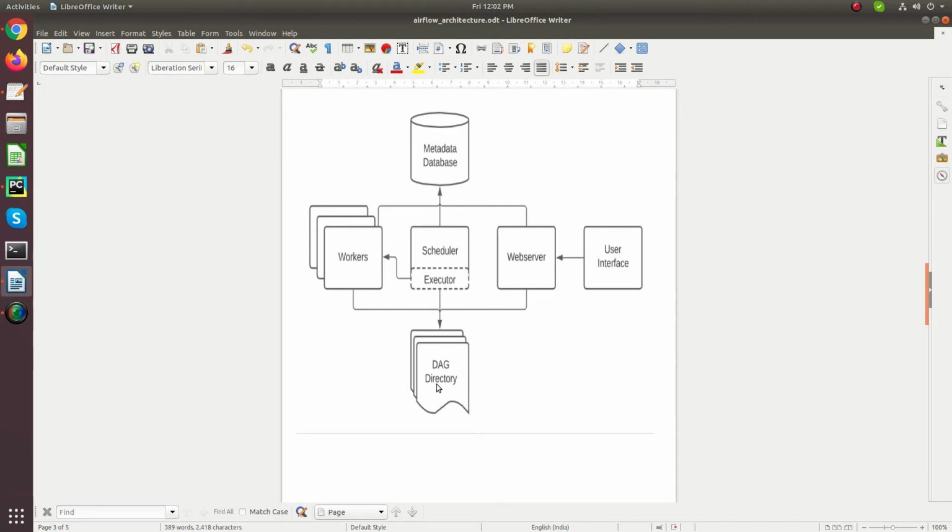DAG files are Python code, and the metadata database is the database to store the information related to the DAG and tasks. So this is the basic architecture of Airflow. At last, when all the task instances are completed, the scheduler updates the state of the DAG to failed, finished or running according to the state of the completed tasks.